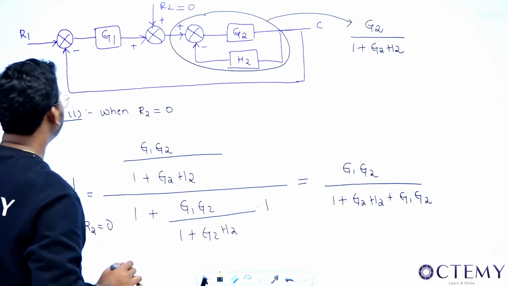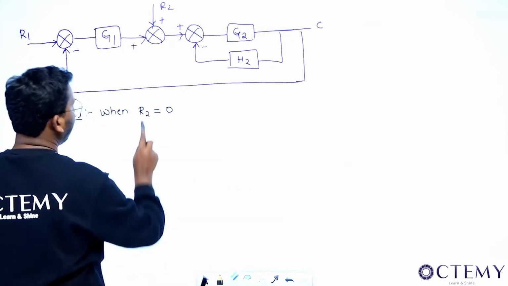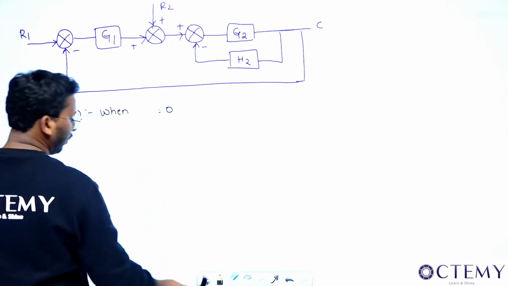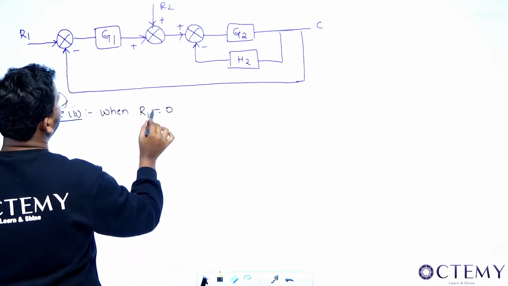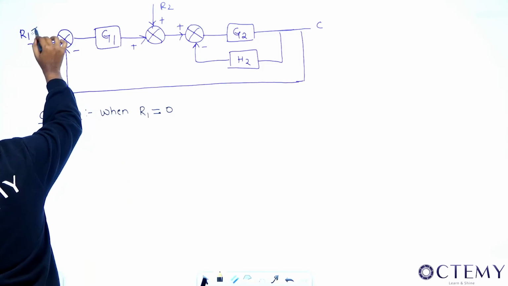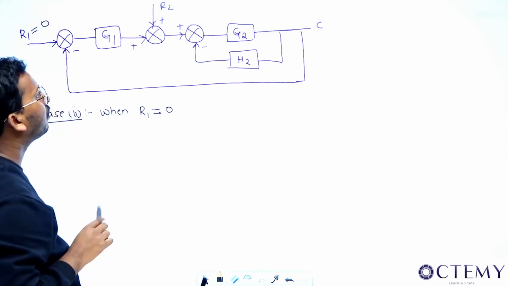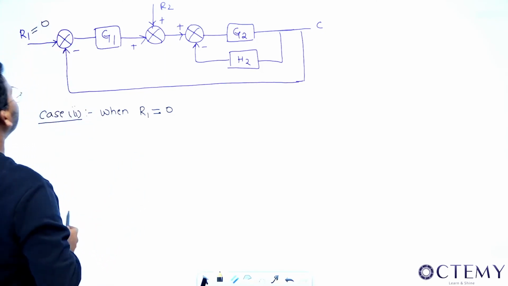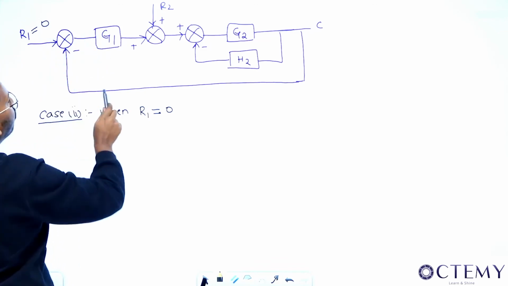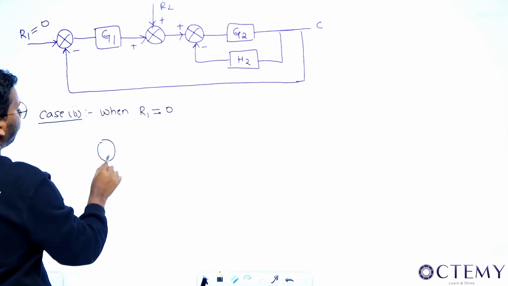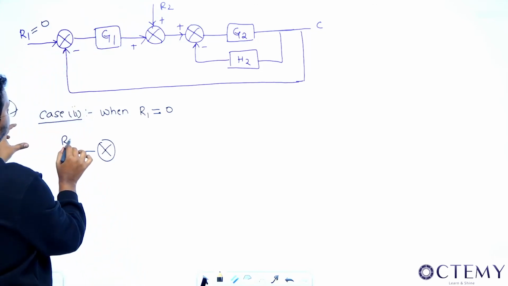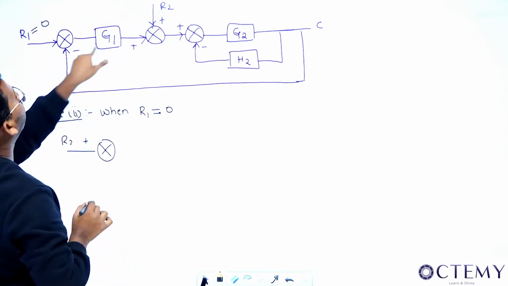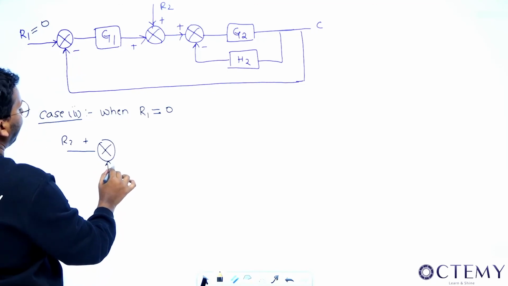Right? Now let us go to case 2, sir. If I want to go to case 2, see, sir, what will happen? In case 2, your R1 will become 0. If your R1 becomes 0, you slightly have to change the diagram. This will become 0. Now this will go in the feedback. So the block diagram will look like this. I'm just bending this here and writing here as R2. This is plus, and this is plus and minus, so eventually that will become minus.